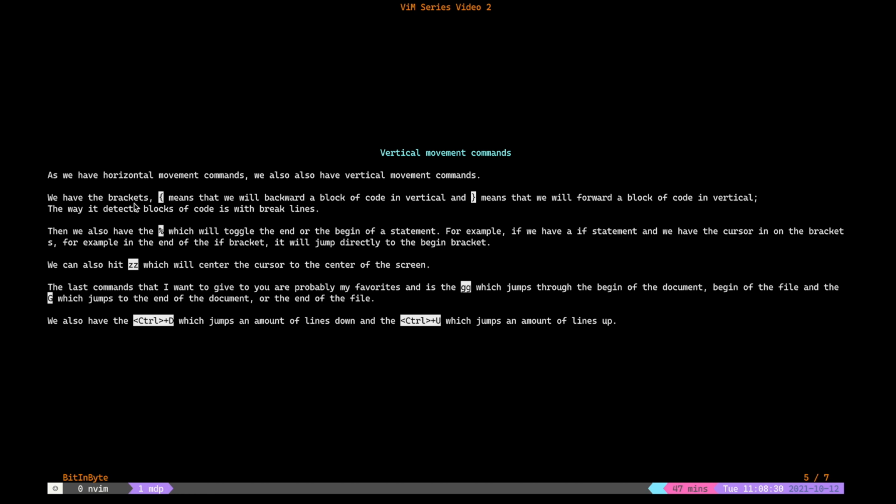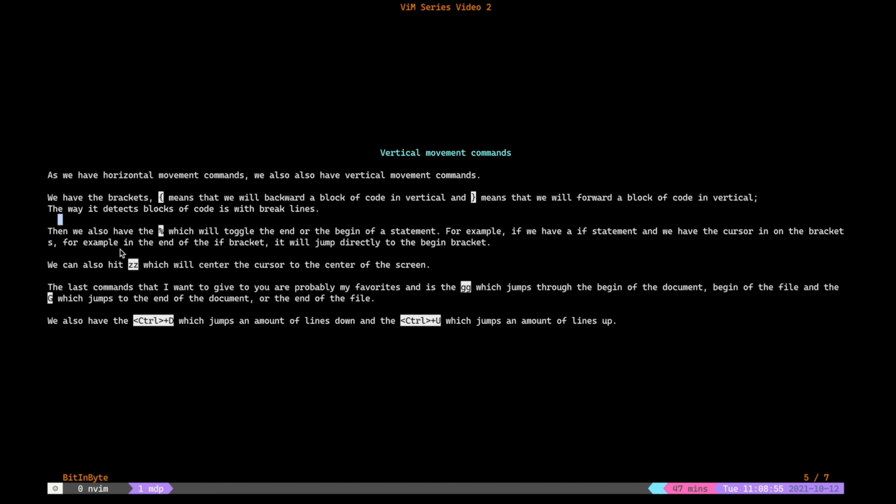So as you can see, these spaces right here, this space and this space, everything between these 2 spaces is a block of code. So if the cursor is here, if you execute the right bracket, it will go here, right?